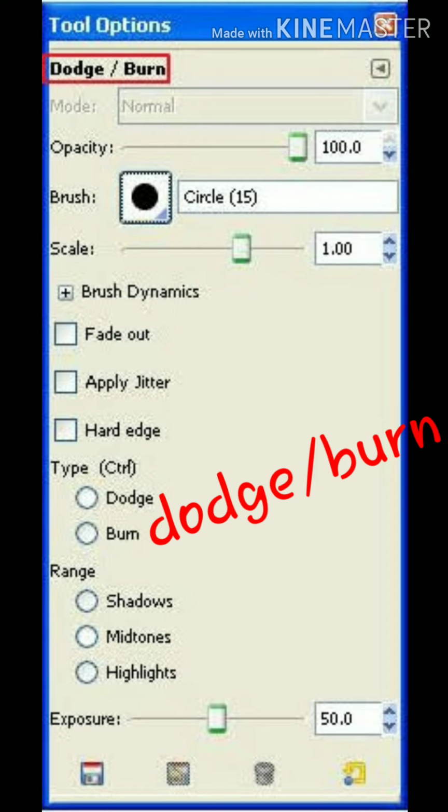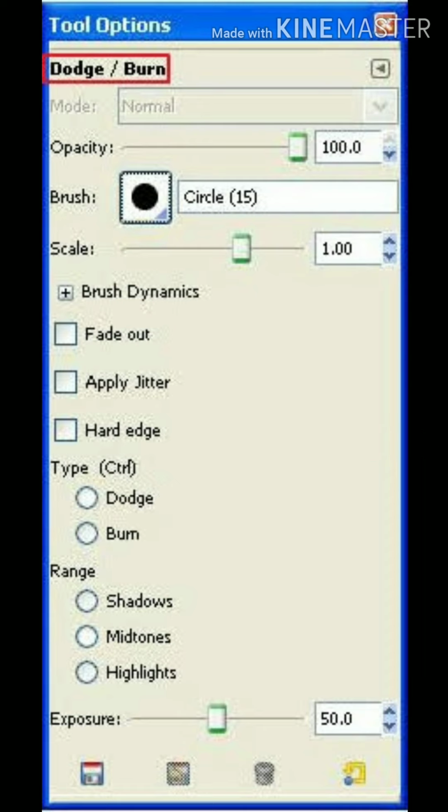The smudge tool is used to mix or blend the color in a region. You will want to mix the color on the wet painting. See the image of the cloud before, and then you will be able to fill in the original. Now the dodge and burn tool is used to lighten or darken the colors in the region, and burn means darkening the colors of the image.